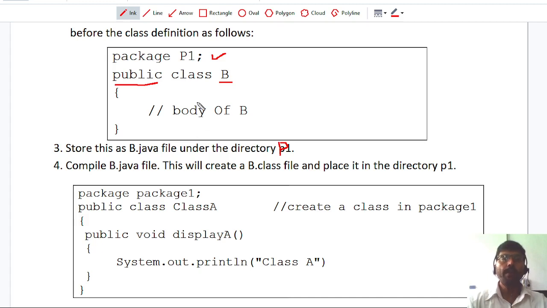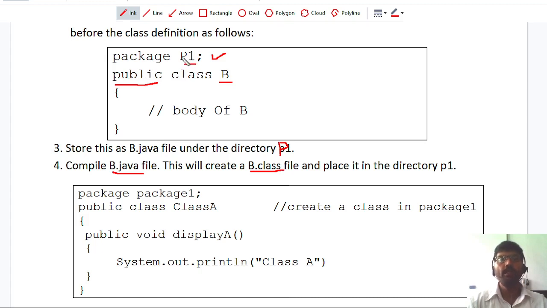Now I want to compile class B. So I just compile that, which will create a file called B.class. When you compile B.java, it creates B.class, and that B.class file is also placed under the same directory or folder called P1.